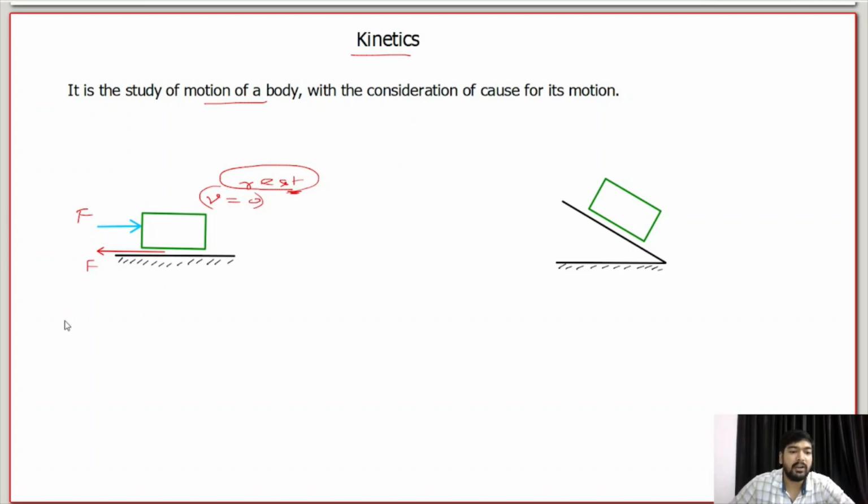So these kinds of things we have to see while considering the cause of motion, because the motion is not happening. So why is motion not happening? We will see that. Okay, in this example,